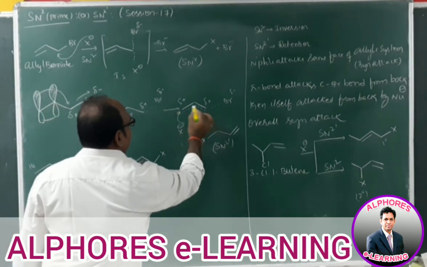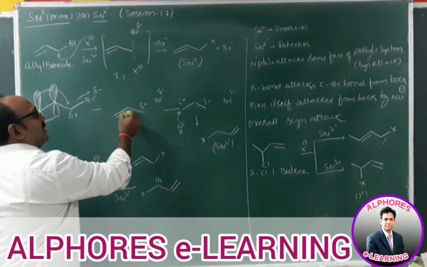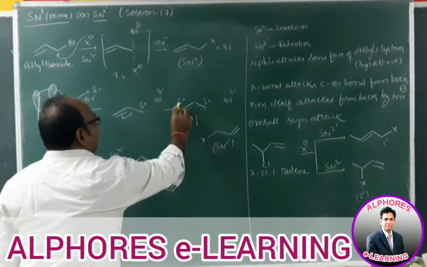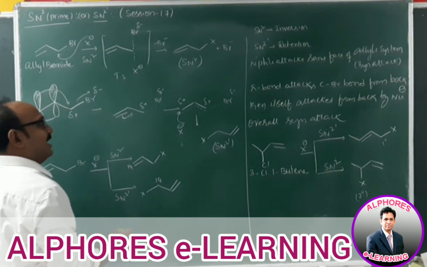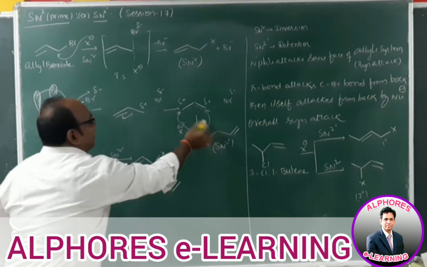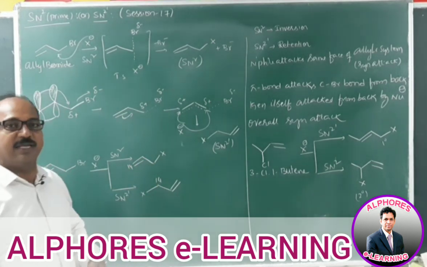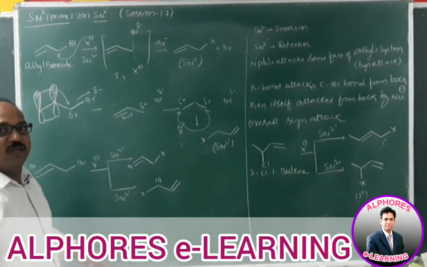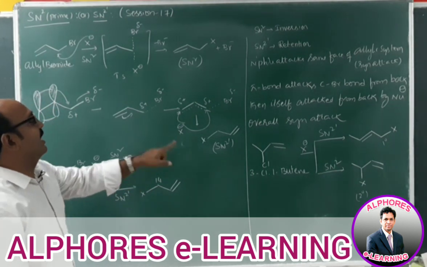Now the positive charge appears on either of these two carbon atoms, because the pi electrons are shifted towards this positively charged carbon, and this carbon then acquires the positive charge. As I said, these are in resonance, which is why the positive charge appears on these two carbons. So X minus can attack either this carbon or that carbon. I am repeating once again: once Br departs as Br minus, the positive charge appears on these two carbon atoms, and X minus can approach either of them. Ultimately you get a product.